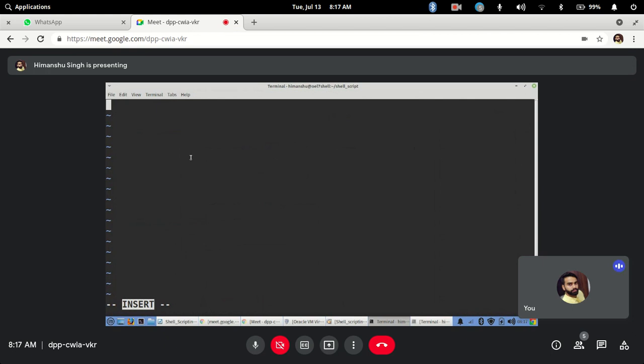Okay, and now if I want to go back to my command mode, what I have to do? Simply I have to press the escape key. Escape. See, now the insert that was mentioned here is gone. So I am back to my command mode. Clear? And if you are ever confused about which mode you are in, or it is not showing you which mode you are in, just press the escape key 2 times. Whichever mode you are in, you will automatically go back to your command mode.